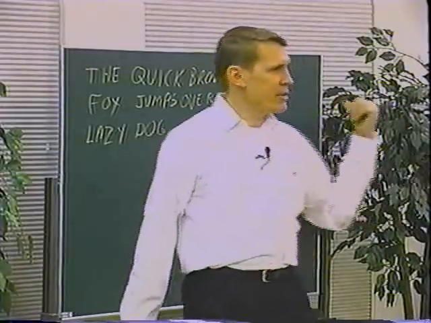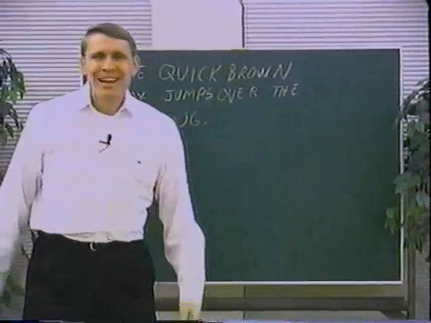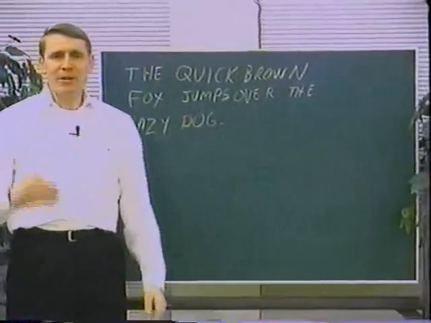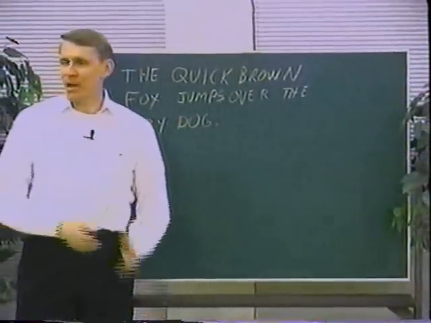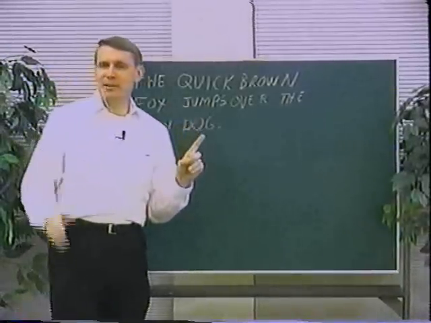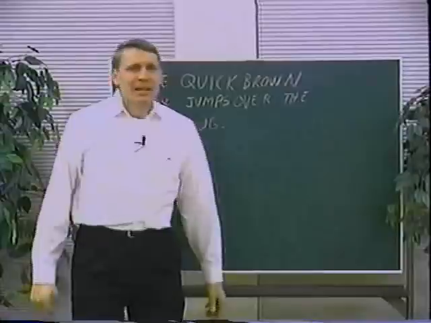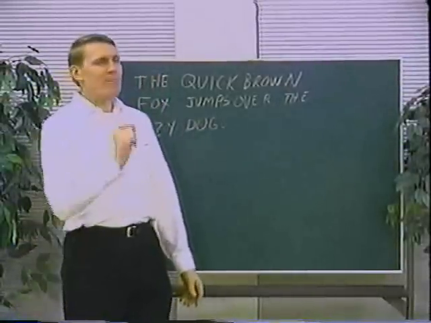Do you use that sentence in your English class, Jan? Not yet. You teach English as a second language. This sentence contains every letter of the alphabet. All 26 letters are found in that one sentence. And now you're going to not listen to a thing I say. You're going to sit there and study the sentence. So it does, trust me, okay? The quick brown fox jumps over the lazy dog.